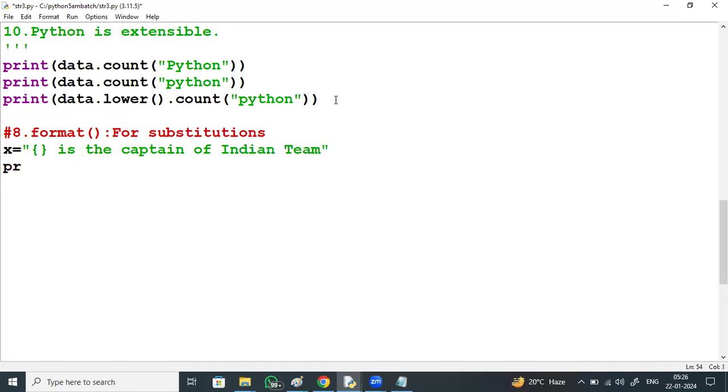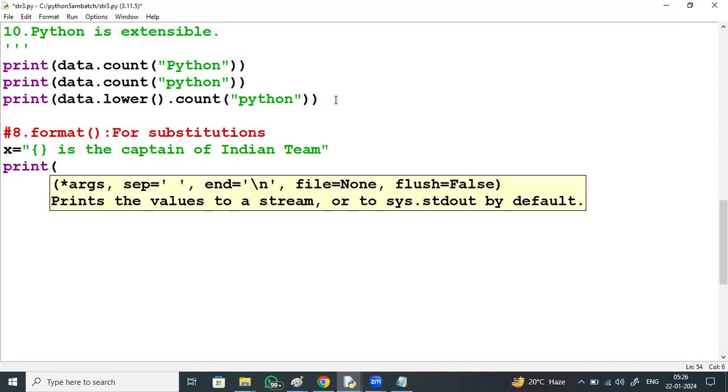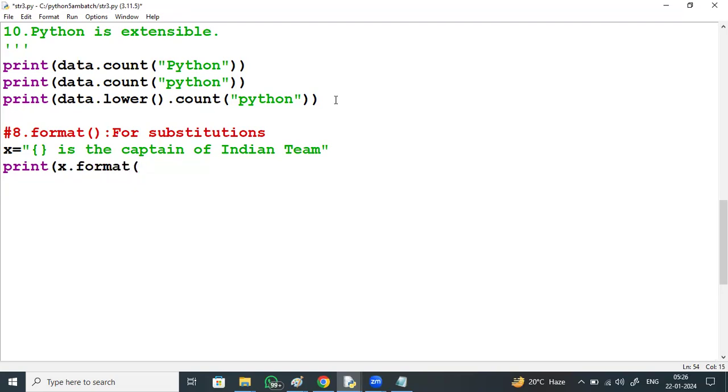Whatever you want to substitute in that. So what is the string name? X dot format method we use. Format of whatever you want to give, right? What is it? Rohit. Whatever you want to substitute, you can substitute here.